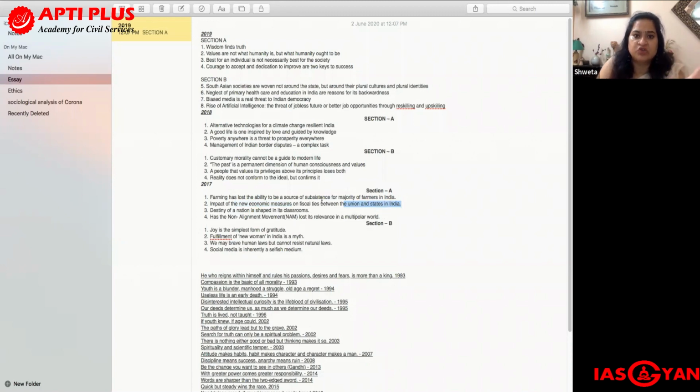So this topic is economic and political in nature. Again, we can see this topic, destiny of a nation is shaped in its classrooms. So this topic is related to education. And when I say education, this is related to social issues and the component of social justice. GS paper 2 has the paradigm of this area, whereby it says the development and management of social sector: education, health, human resource. So their education is mentioned. And on education, you are getting a complete essay related to this topic.